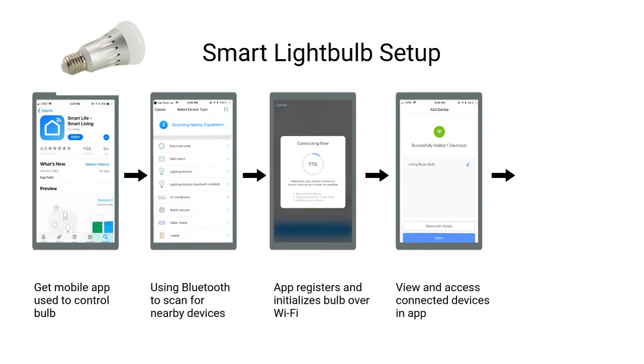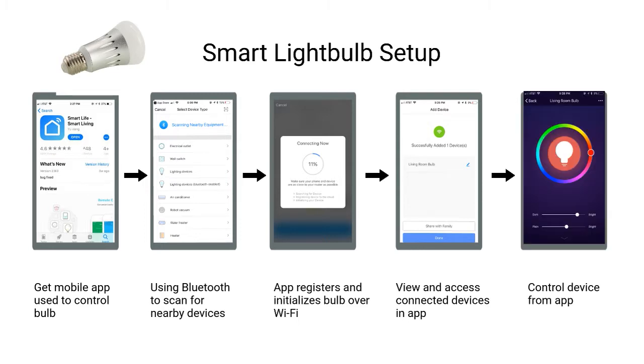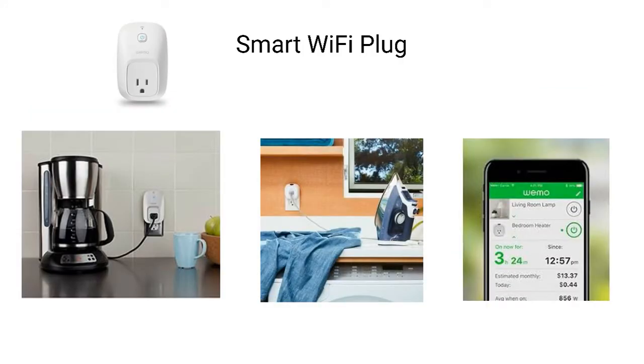You can then select the device in the app and turn it on, control brightness, and more. Such non-computer devices are able to connect wirelessly and share data via tiny circuits embedded in the devices. But the devices themselves don't have to directly connect to a network to be controlled. An ordinary old lamp with a regular bulb could also be controlled over a wireless network via a Wi-Fi enabled